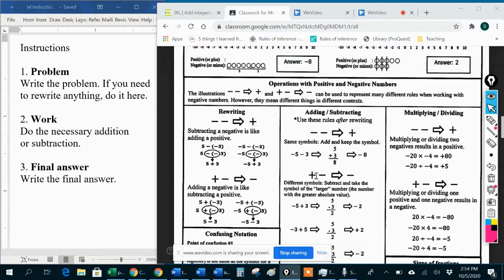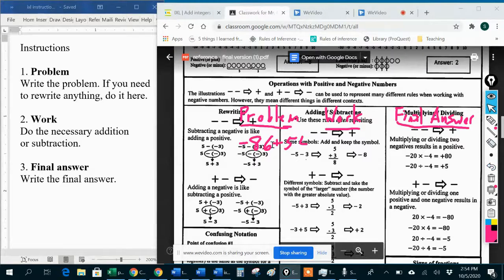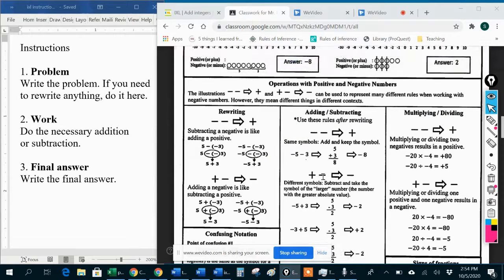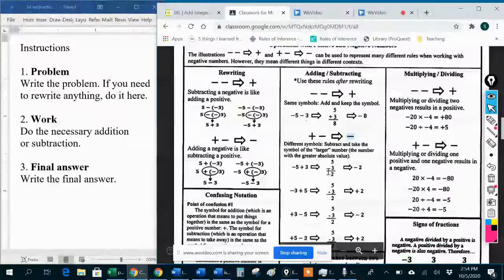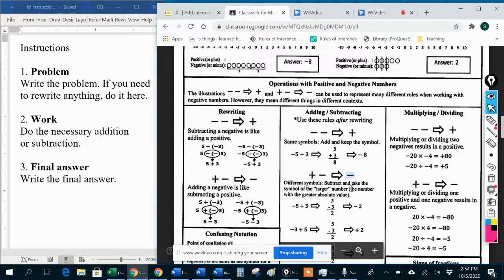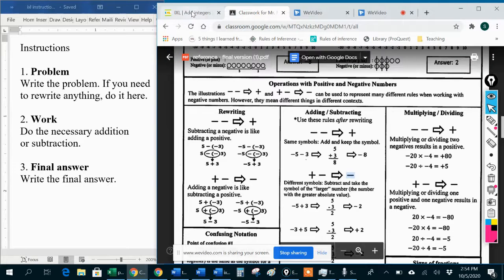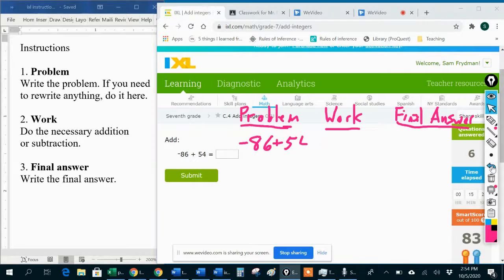Okay, for that problem, what did I think I had, different symbols, right? Let me just remind myself. Yeah, it was different symbols. So if I have different symbols, then the work that I'm going to do on the side is subtraction. You can see in these examples, the side work here is always subtraction if we had different symbols to begin with. And then I just have to keep the symbol that's in front of the larger number. So that's the rule when we have different symbols. So going back here,